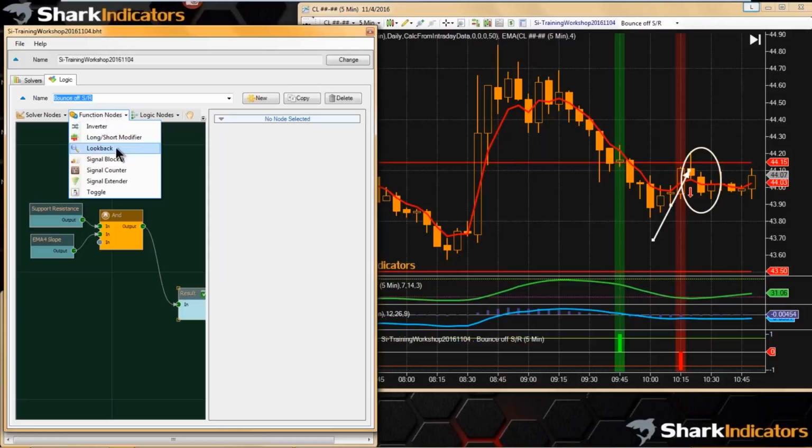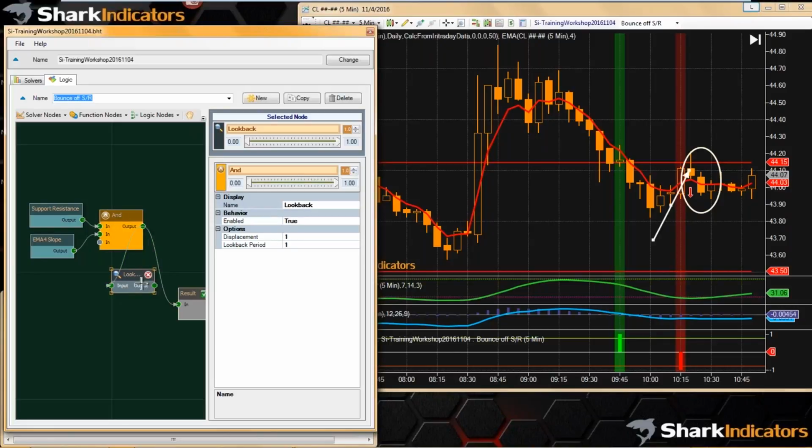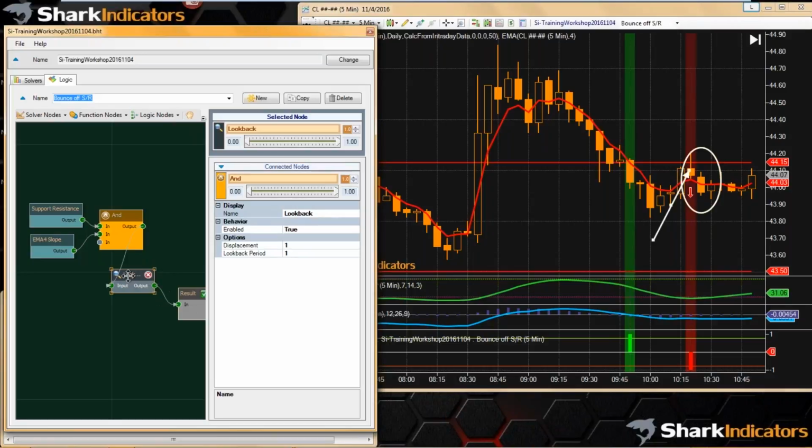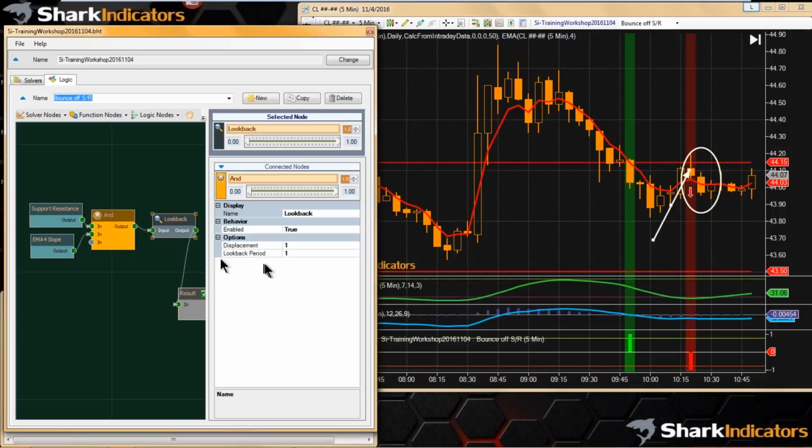A simple way to do that is we can use a look back, or we could use a signal extender. I think the signal extender is probably a little overkill. The look back would be a simpler way of doing that, and we can just use the default settings. In the look back, what we're using is the displacement. So we want at least a displacement of 1,